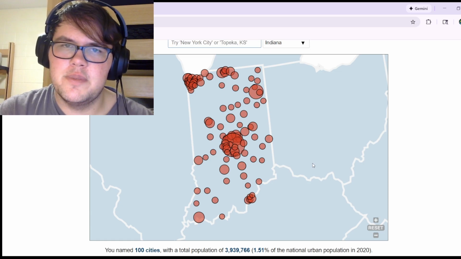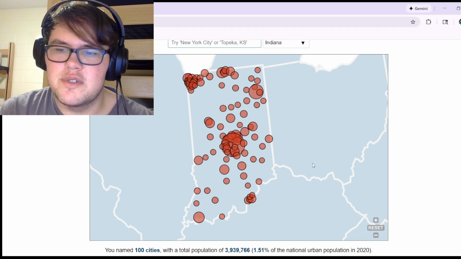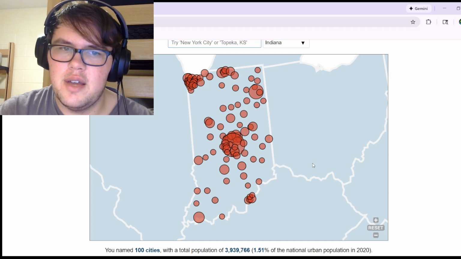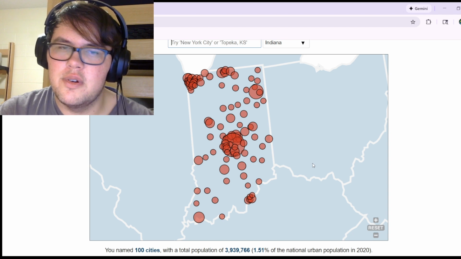Not to mention, I live in Michigan's Upper Peninsula, so I go to work and hear my coworkers talk about places, and I don't know where they are, and I'm just like, wow, this is sad. I don't know where this place is. Well, I'm going to know where they are now because I'm learning all the cities in the UP.